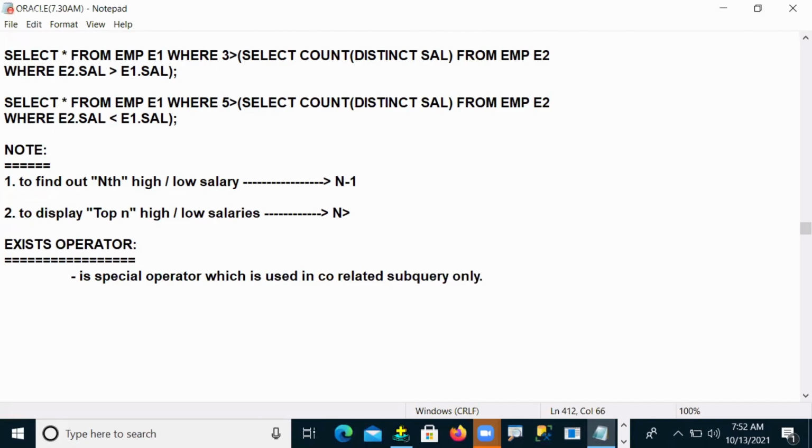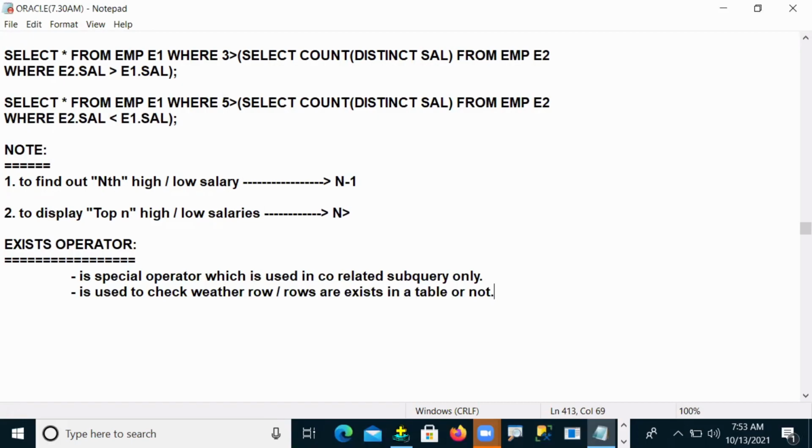This is one important point: we use this operator specially in correlated subqueries. And the purpose of this operator is to check whether a row or rows exist in a table or not.